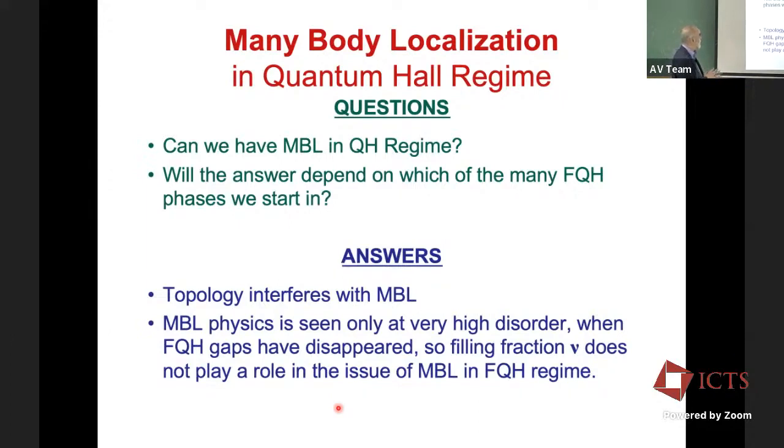First of all, what we find is that topology really interferes with many-body localization. If you think rare fluctuations cause many-body localization to go away in higher dimensions, this is a two-dimensional system, by the way. It is the only two-dimensional system that I know of where a lot of work has been done about many-body localization. But we find very clearly that depending on whether the system is topological or non-topological, the characteristics as a function of disorder are very different. And I'll show you that.